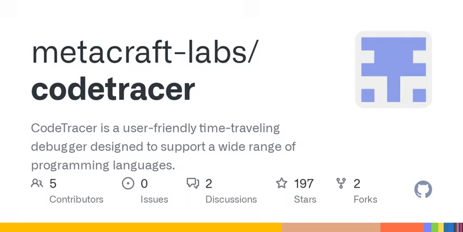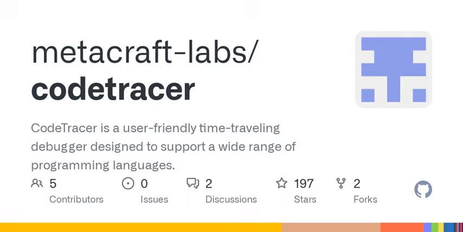And what about when you want to see how changes affect your debugging? CodeTracer introduces trace points. It allows you to insert code to track effects without needing to recompile or rerun your whole program. So you get this best of both worlds approach, enjoying the flexibility of print statements and the depth